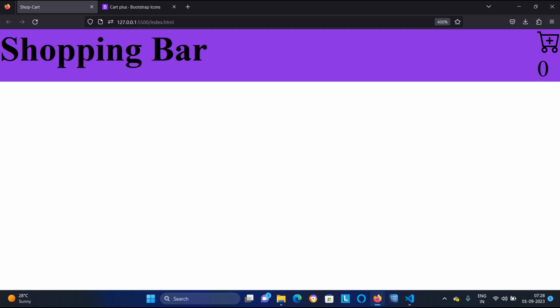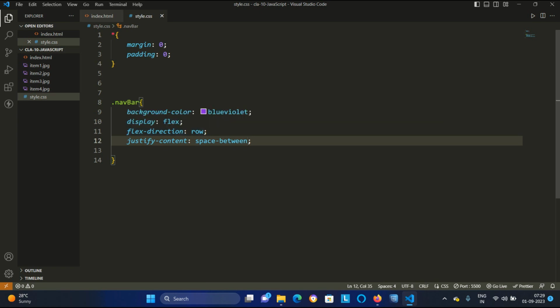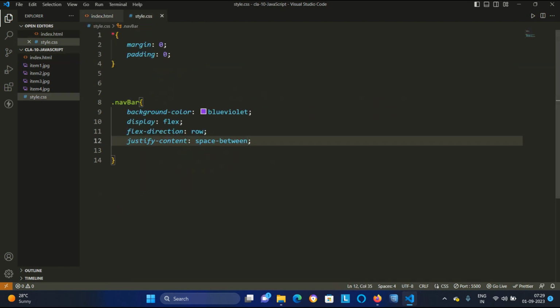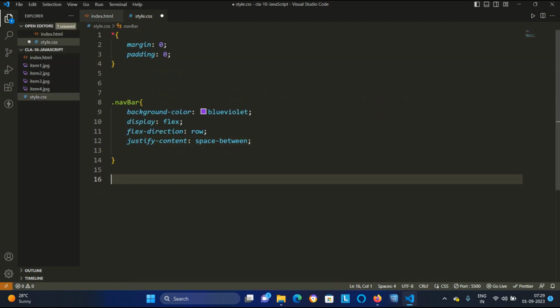Now we have done this part, so now it's looking something better. Now what will we do? We have created the nav bar. The next one is the cart logo. So just select it, cart logo, Control C, and go to the style.css, and here how will you select the class?